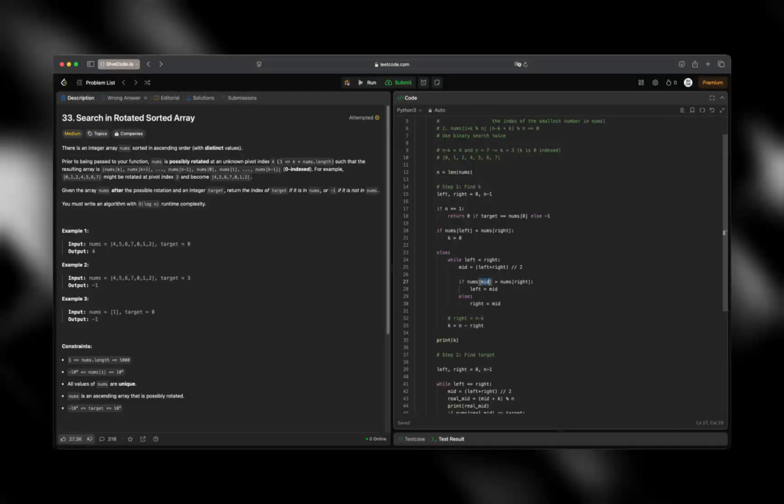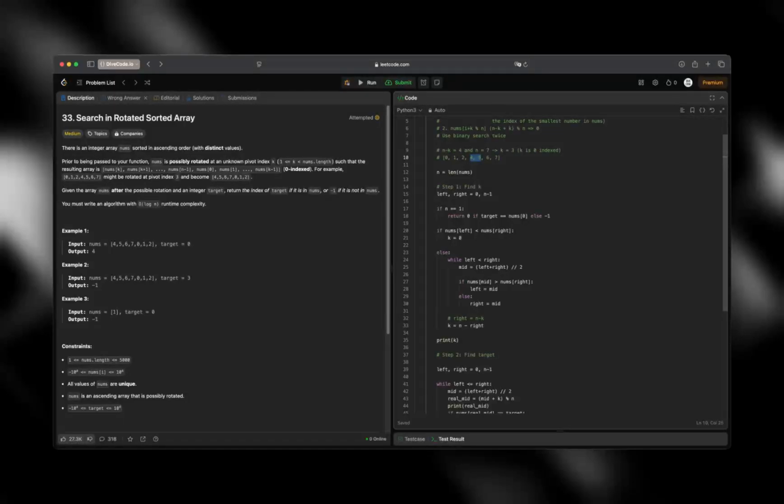And if nums of mid is strictly superior to right, it means that left should become, so if we had 3 elements in the considered interval, and mid is this one, and if this one is strictly superior to this one, as we're searching for the first element that is strictly inferior to the one before,